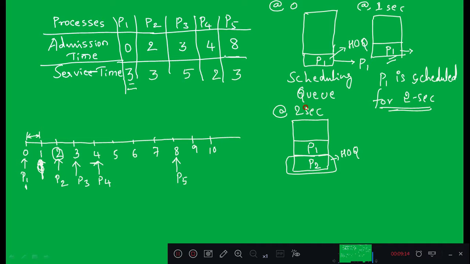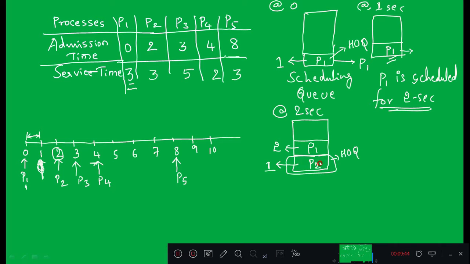And in the table, which I am going to discuss later, whenever a process comes to the head of the queue, it is numbered as 1, right? See here, P2 is at the head of the queue, so this is numbered as 1. Then the next process will be numbered as 2, right? So this we will see later. First you try to understand how round robin scheduling with time slicing works.